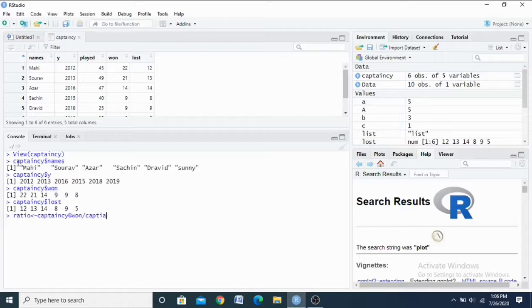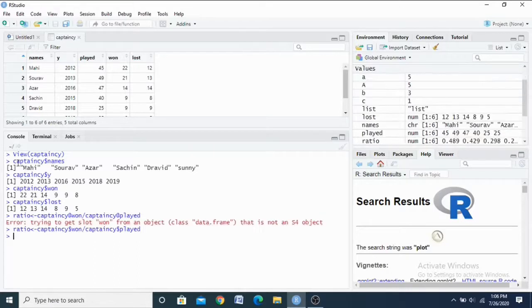Normally we calculate using won with played. So now the ratio will be visible in the environment variable. If you want to print the value, otherwise just see it in this value.